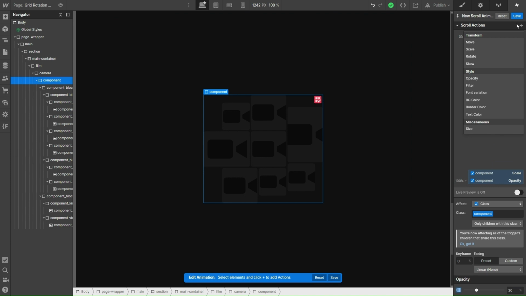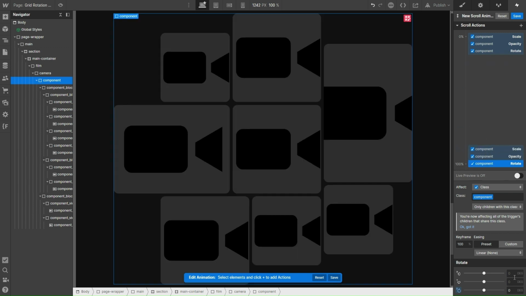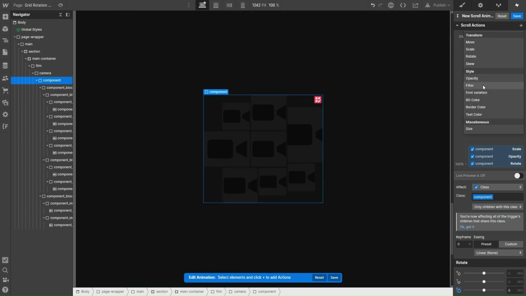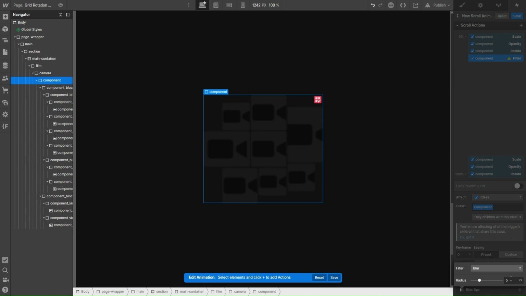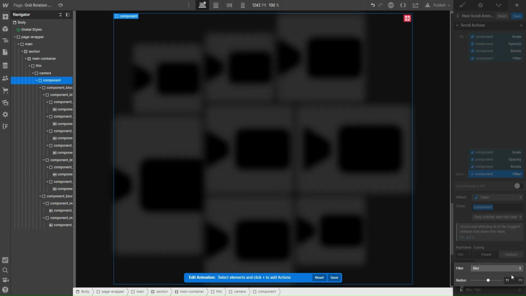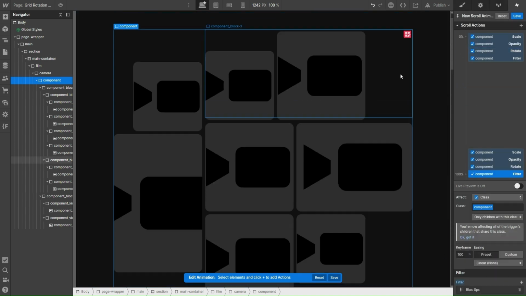And now we can target the rotation. So transform rotate, we will go from 0 around the Z axis to minus 180, again around the Z axis. And now we can target the blur. So let's search for filter here. Let's add a blur filter, and we will go from 11 pixels to 0. Now if we try to preview the animation, we will see that